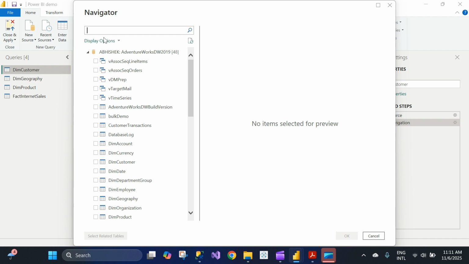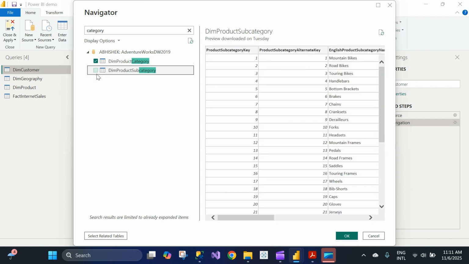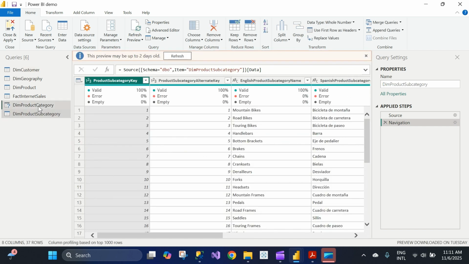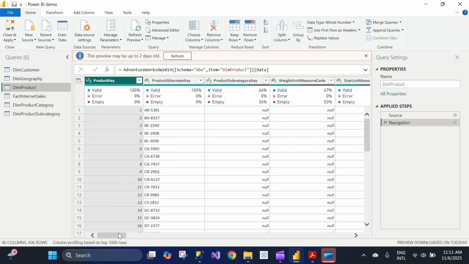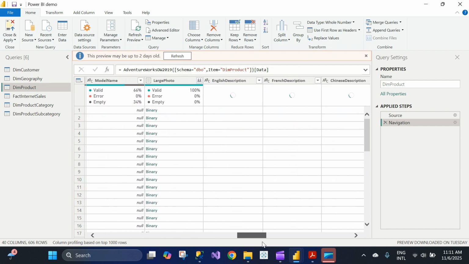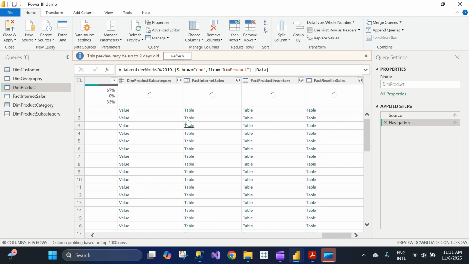Let's bring the DIM product subcategory. Either you can search here for category. Here we have product category, and here we have subcategory. Both these things are there. Let's click OK. Here you can see the product category and subcategory. In the DIM product table, we have a product key, product alternate key, and product subcategory. But we don't know what the product category is. We have the description about the product, but we have only the